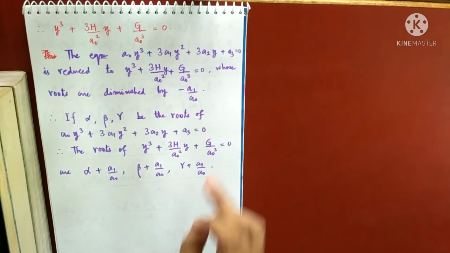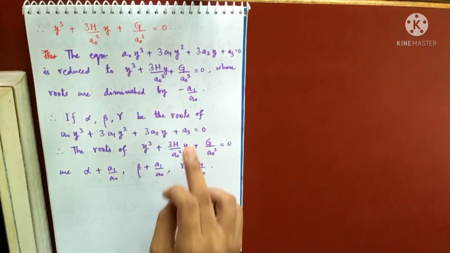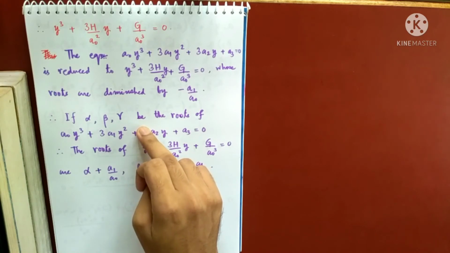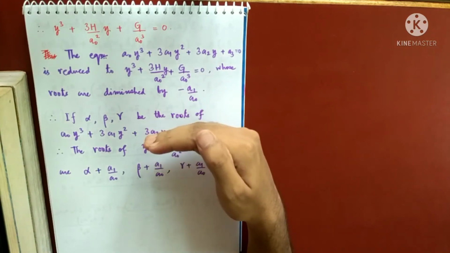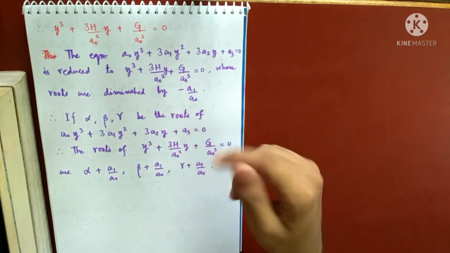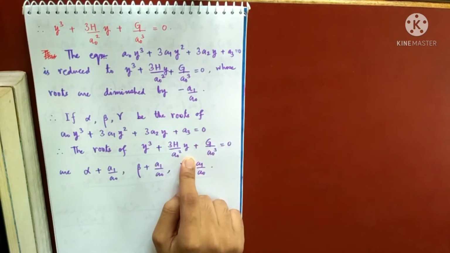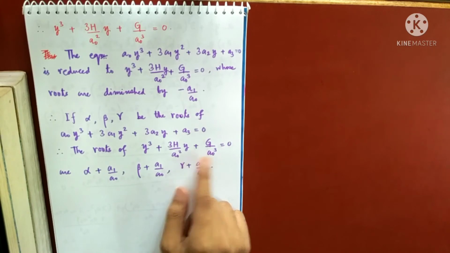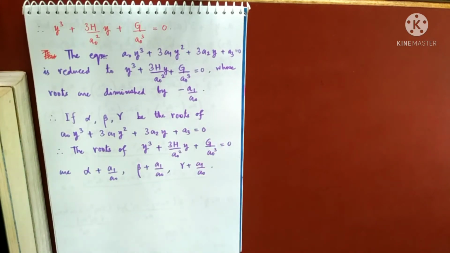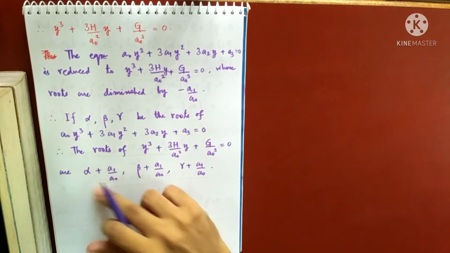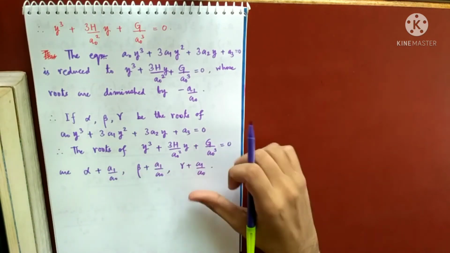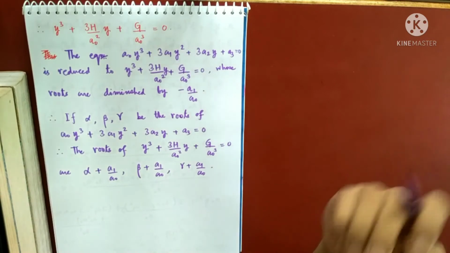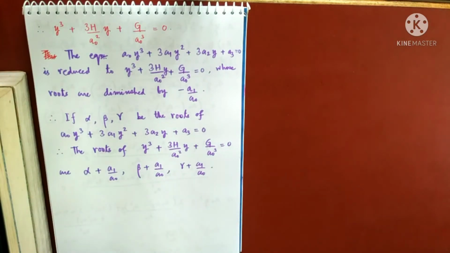So the simple point is, if I know the roots of this one, I can find the roots of this one. So solving this is enough to solve this. Solving this will be much easier. But we are still not satisfied. We'll simplify this more. So now I will find the equation whose roots are a naught times these roots. Remember the transformation of multiplication, where I want the roots to be multiplied by some number.